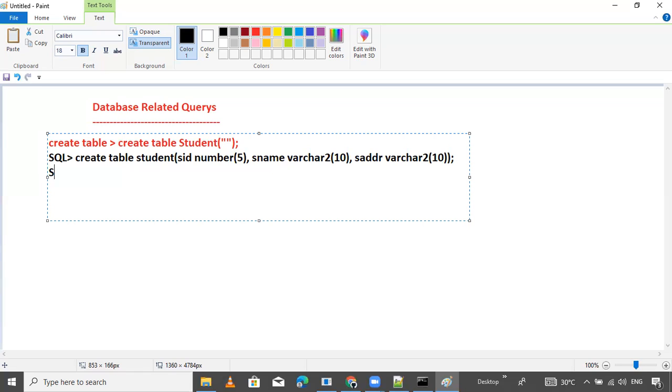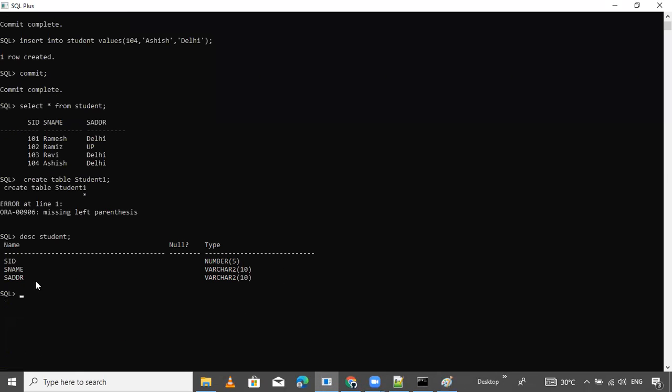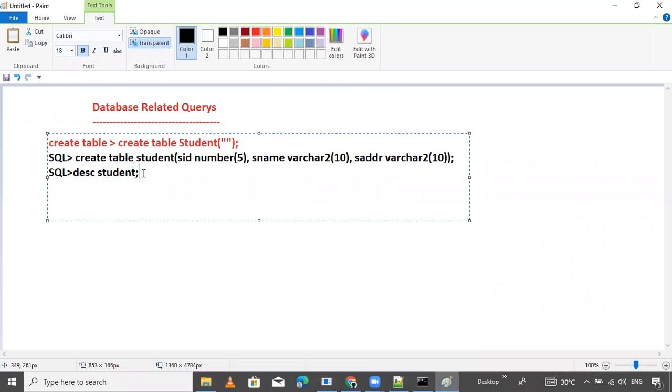If you want to know, the simple SQL command is DESC, describe student. I want to show you this query also here, Control V. Column names are SID, SNAME, SADDR, and data types are number, varchar, and varchar. So we will get it by using this command.